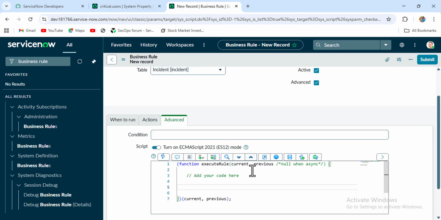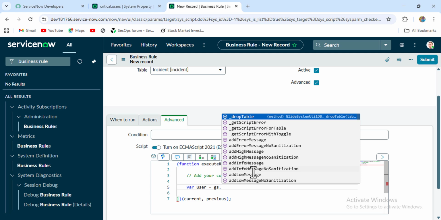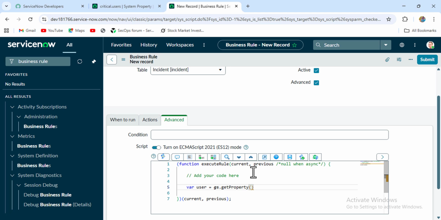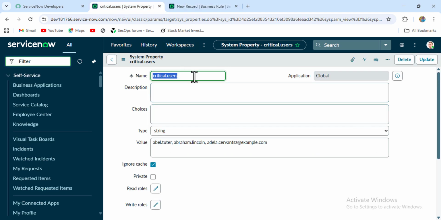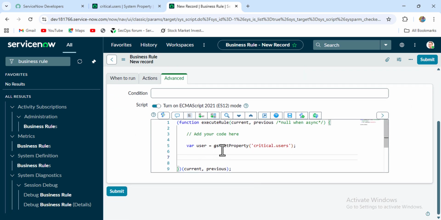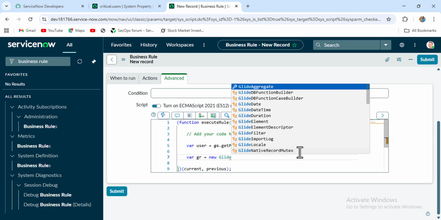Okay, so for that I'll create one variable, user, and I'll write gs.getProperty to get the system property value. There I'll put the system property name. Now we have the system property value, the critical user system property, and we have to check it. So for that we'll use GlideRecord,